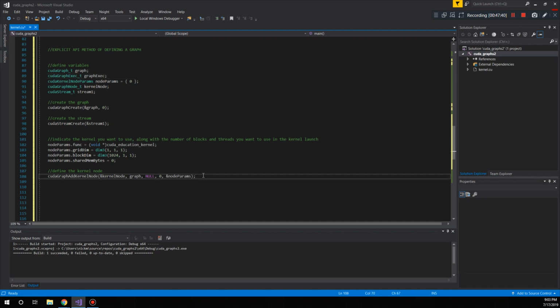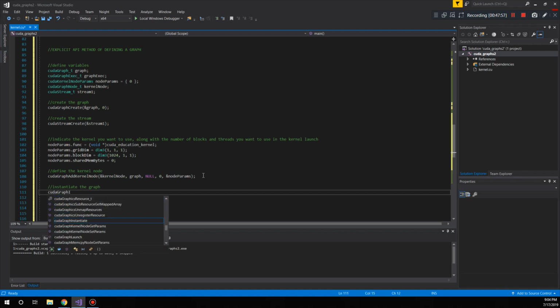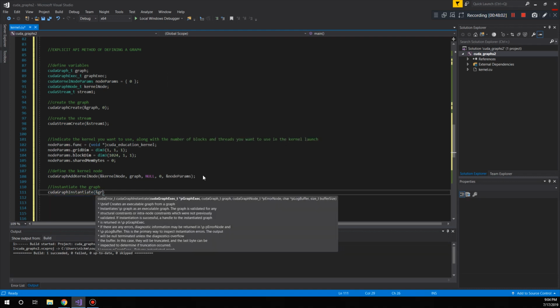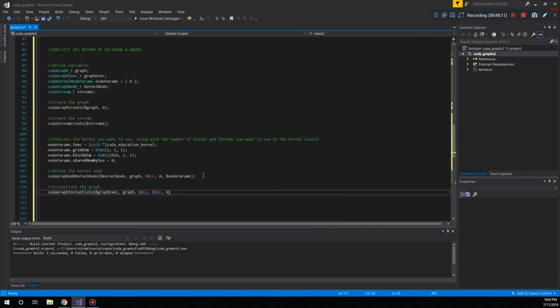Okay, so since we have our graph exec variable now, we could instantiate the graph. So CUDA graph instantiate graph exec graph null 0. Okay, so now we're instantiating the graph,